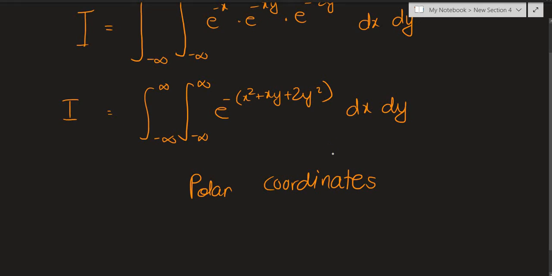I explained every concept of the Jacobian, how dx dy changes to r dr d theta, and then how we can convert from Cartesian coordinates of x and y to polar coordinates of r and theta. I've explained everything properly, so please check that out. So let's go on a fresh page.